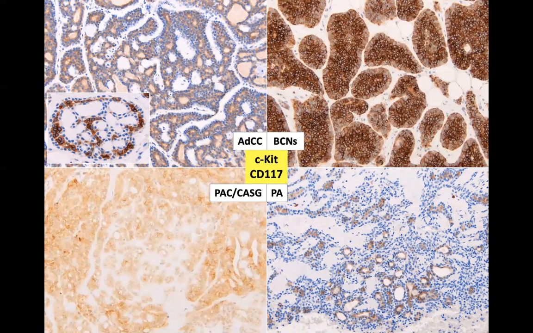Okay, so c-KIT or CD117, I already mentioned as a marker of epithelial differentiation. And the two tumors that I think this is helpful in are adenoid cystic and pleomorphic adenoma, top left and bottom right, as you can see, because it quite distinctly stains the epithelial cells compressed within this sandwich in the adenoid cystic. And it also stains the epithelial tubular or ductal cells of the pleomorphic adenoma, and the background myoepithelial cells are